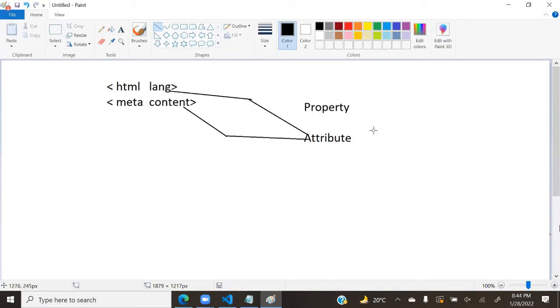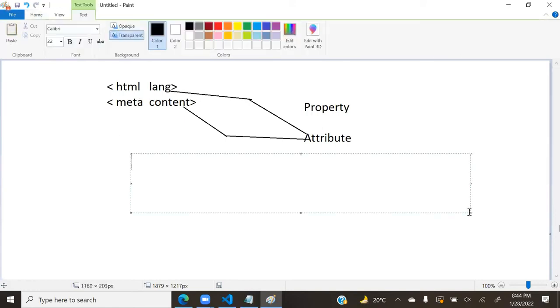And very important, when you write attributes, as I already told you, there is no order for attributes. You can write an attribute anywhere you want. Suppose the HTML attribute is lang, and the value is en-in. Writing the value without quotations is valid.